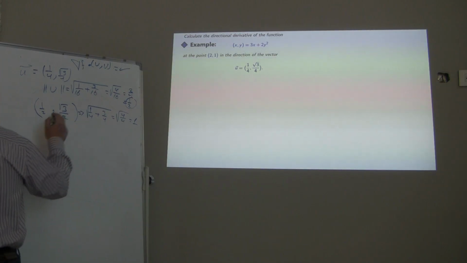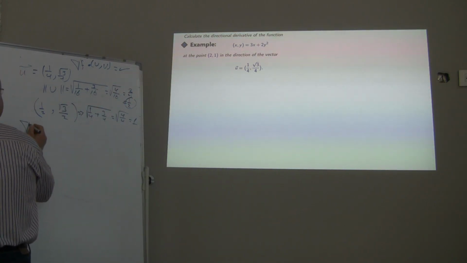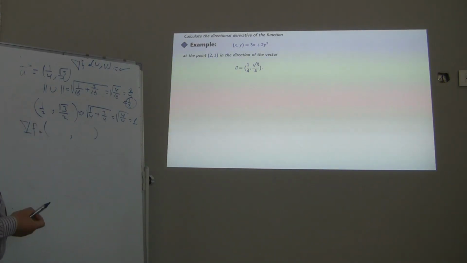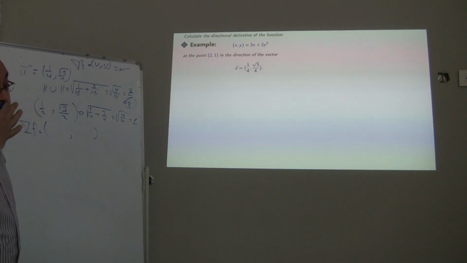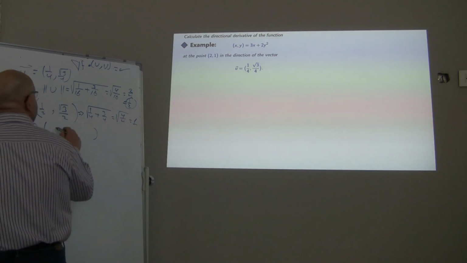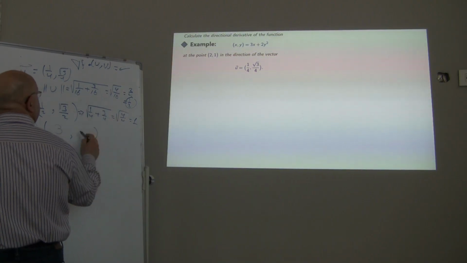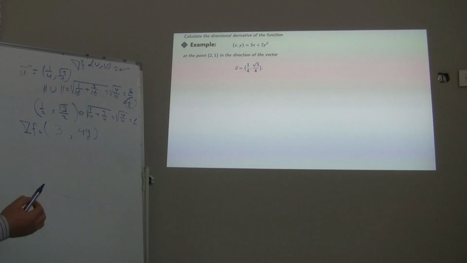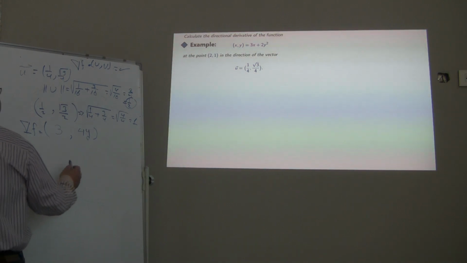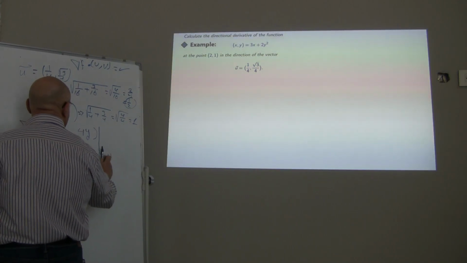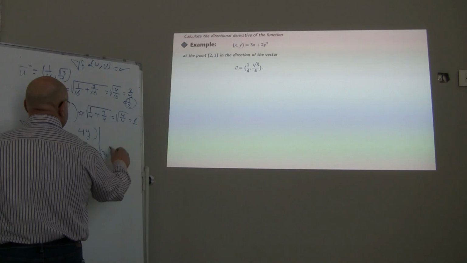Can someone get me the directional, I'm sorry, get the gradient vector first. That's the gradient vector of f. To get the gradient vector of f, what do I do? Differentiate two times. Okay? First of all with respect to x, then with respect to y. With respect to x, you will end up having 3. With respect to y, simply it's going to be 4y. Okay? Now I want the values at the point 2 and 1. All I have to do is make substitutions. So at 2 and 1, the result